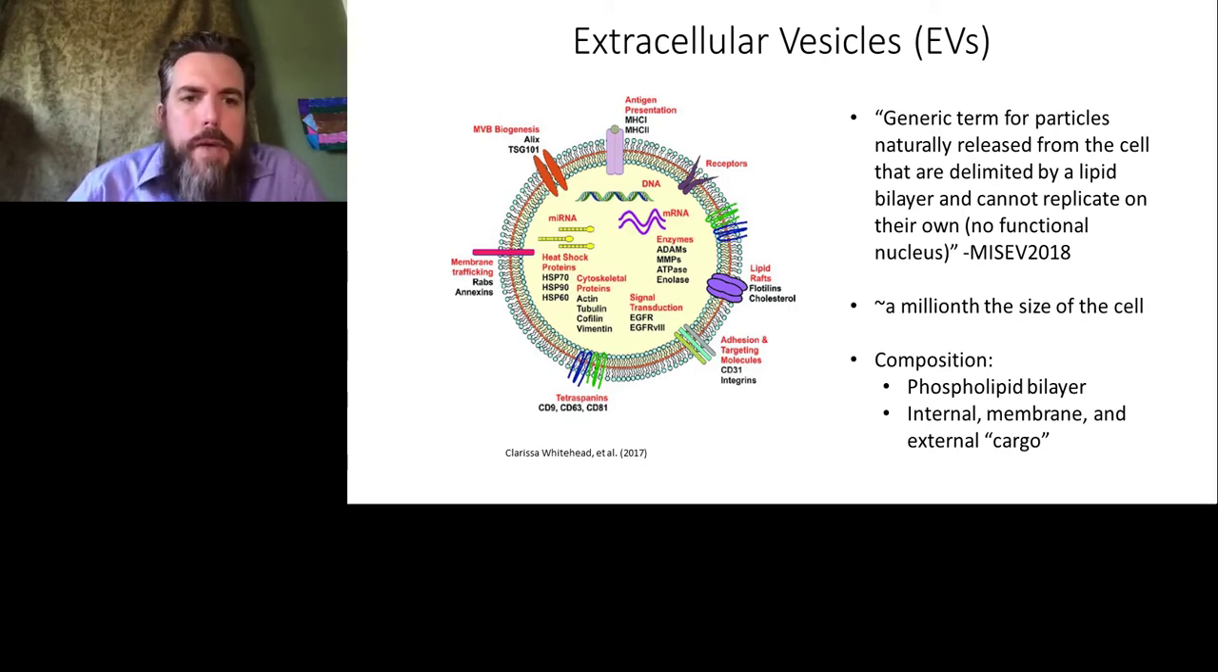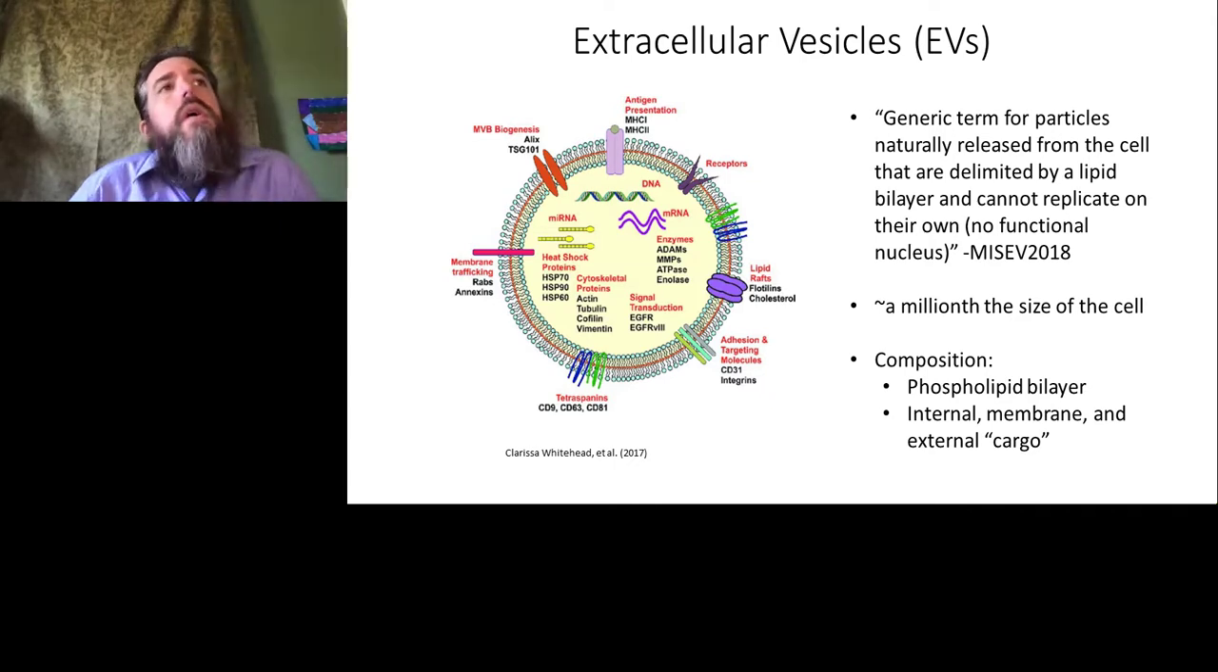The average EV might be around a millionth or several millionths of the size of the cell that it came from. So this is rather a small particle. We usually think of them as being in the range of about 30 nanometers in diameter, all the way up to several hundred nanometers in diameter. In fact, they can even be larger than that. They can be up to tens of microns in the case of some large oncosomes that are released by